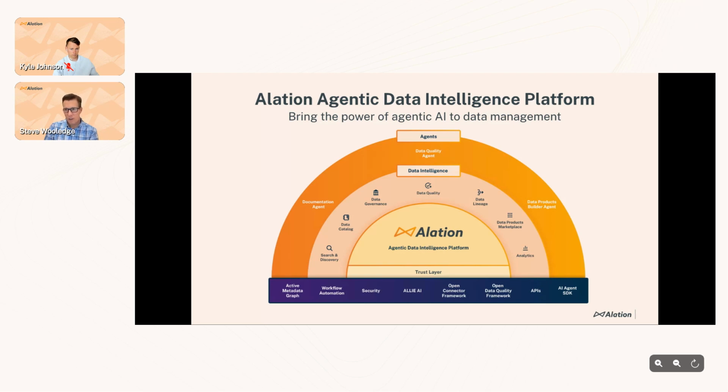So the data quality agent is really working alongside of these documentation and data products agents to embed trust directly into how data is used throughout this platform and across your organization, because it's really giving you a front door to your entire data estate where we inventory and catalog all of that metadata, apply governance policies and such throughout. And in this case, data quality is not a standalone tool. It's fully integrated. So those data quality signals can be surfaced in the catalog through other alerting mechanisms, which we'll talk about in a moment, so that you can be made aware when there's an issue potentially that needs to